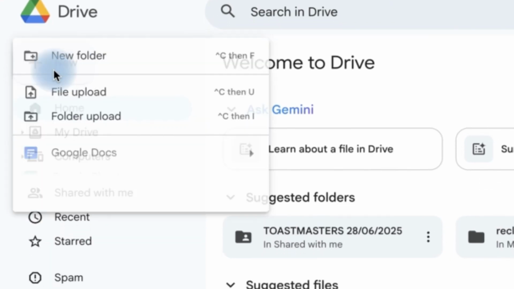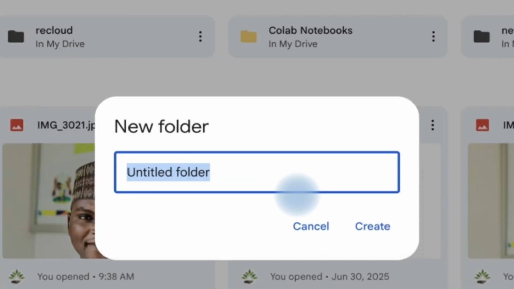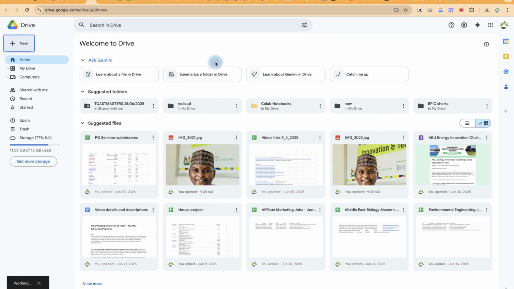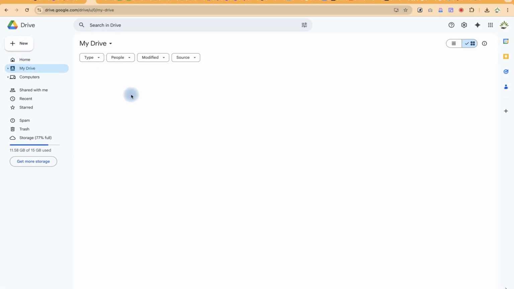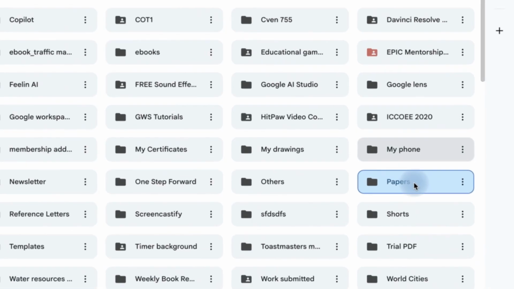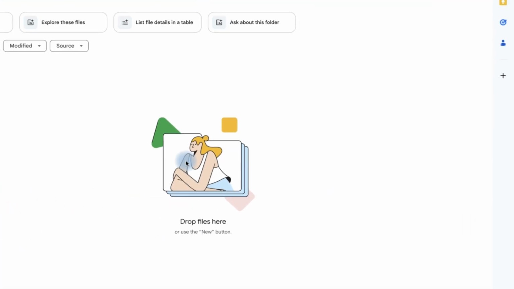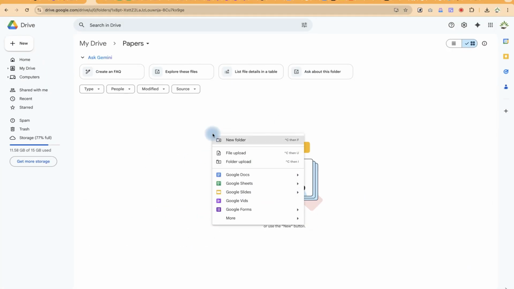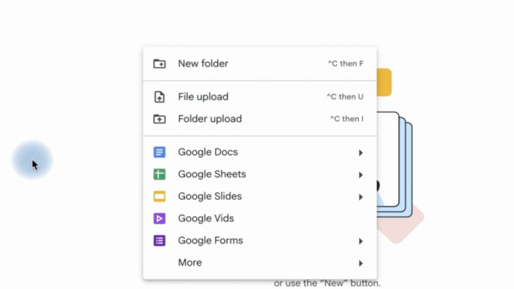So you can go ahead and create a new folder. We can call it Papers, for example. Click on OK, and now you have your papers opened. You can see it over here. Double click to open. Now to add files, you can right click and say file uploads, or you can just